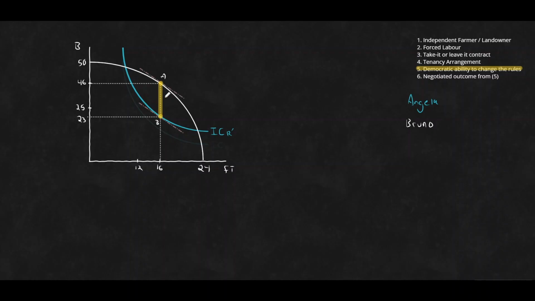Why any point between A and B must be a Pareto efficient outcome. What we've got to keep in mind is that the only definition of Pareto efficiency is that there's no possible Pareto improvement. That is, if we find ourselves somewhere here, there's no way to move to another spot which makes one person better off without making another worse off.